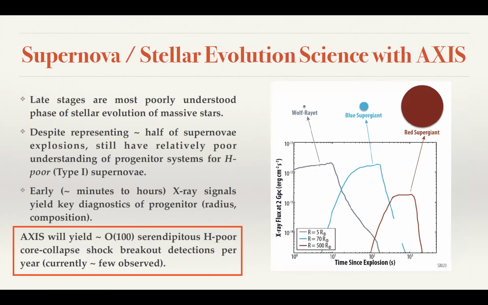Chris mentioned supernova shock breakouts. At the moment, massive stars are about half of the supernovae sample, and we have very limited observational constraints. The plot here is showing time from explosion, going from, say, 10, 100, 1,000 seconds for different classes of massive stars. And so rapid response at early times constrains these curves. These are theoretical. We do not have good observational constraints. AXIS will be able to do that. And we think that we'll get hundreds of these sources over the nominal mission lifetime.